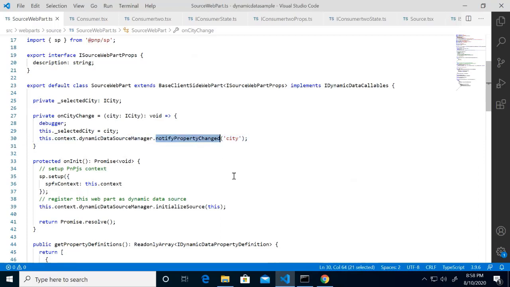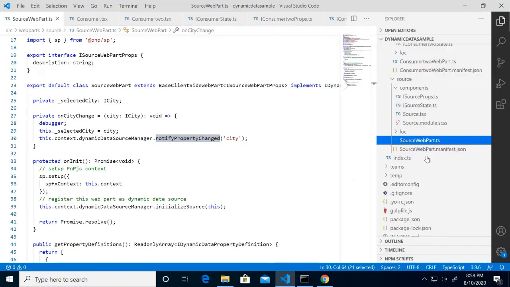Okay, notifyPropertyChanged. So this particular line, whatever the web parts on the page that are subscribed, those web parts will be notified by this particular line. That's it. And on the consumer web part,